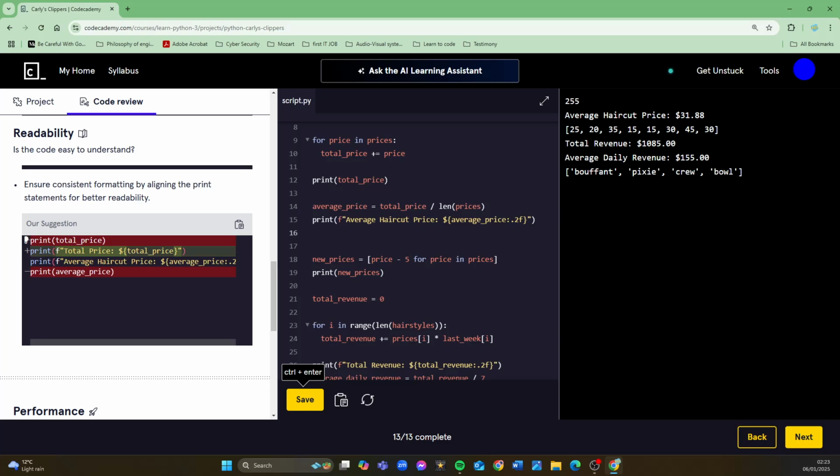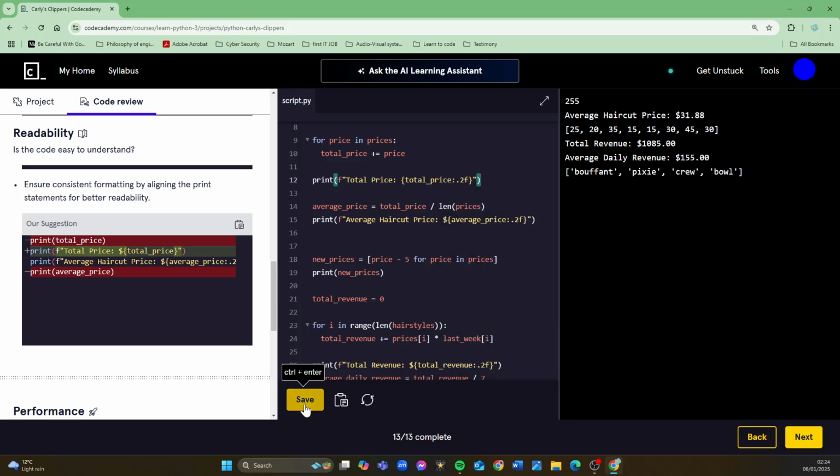Yeah. So sometimes I used a very fancy f-string, sometimes I didn't. So instead of print total price, we should really just make it a fancy f-string and put print total price, colon, and then go and grab the variable called total price using curly brackets, and do colon .2f.